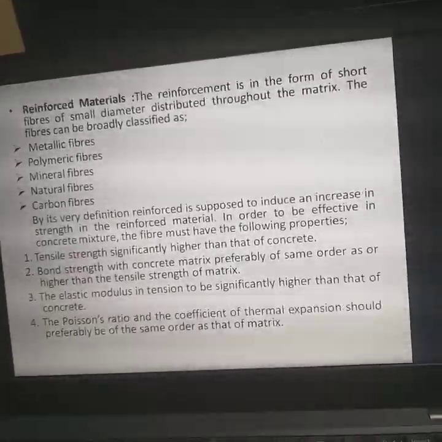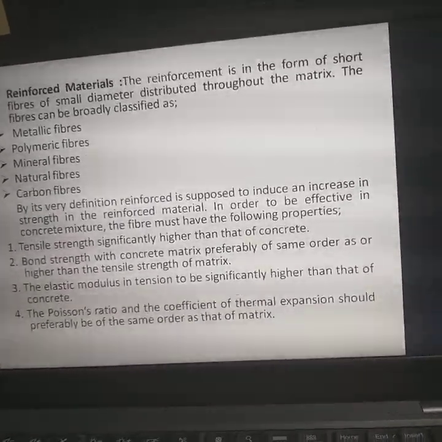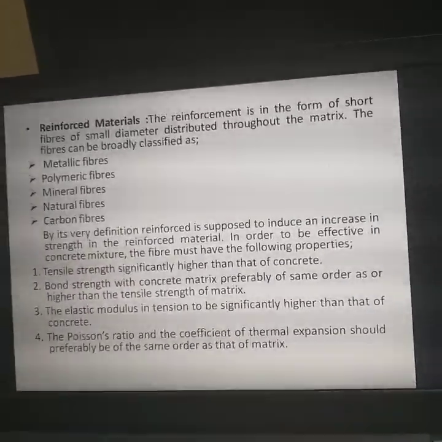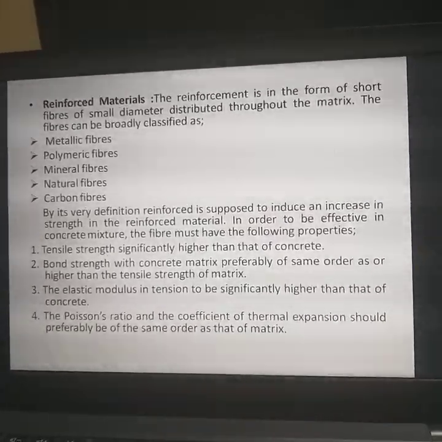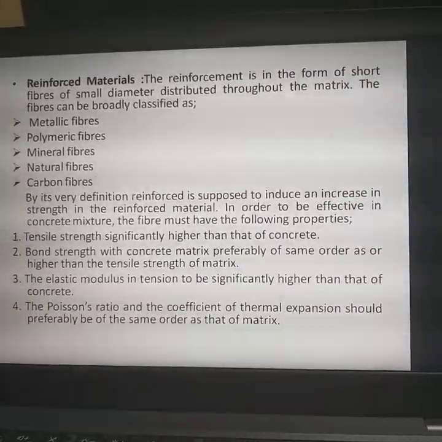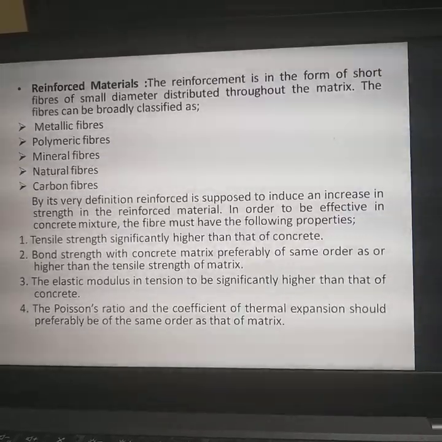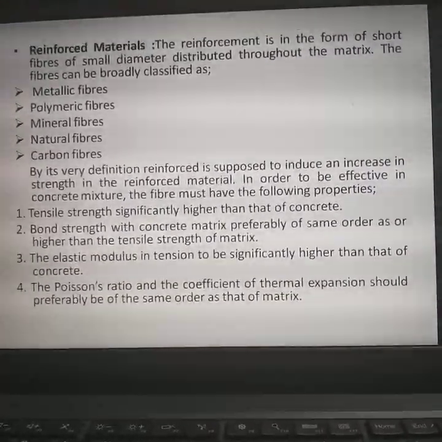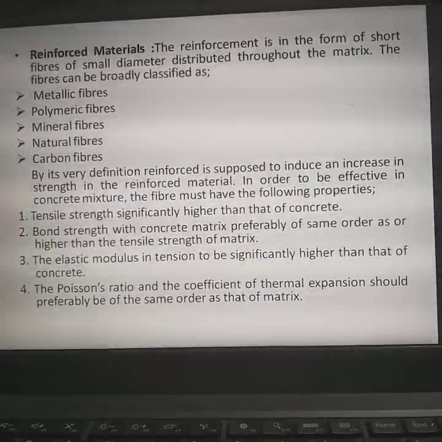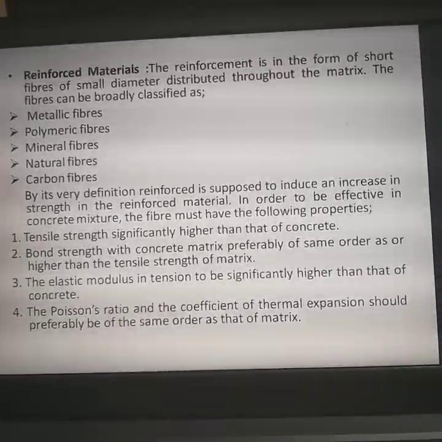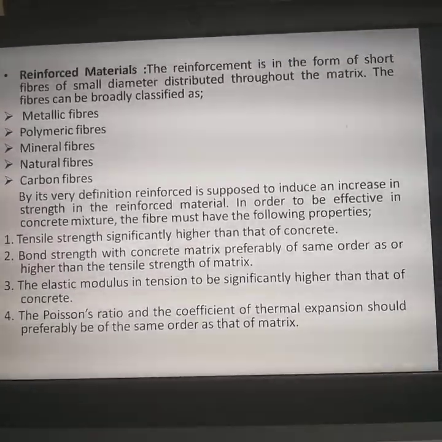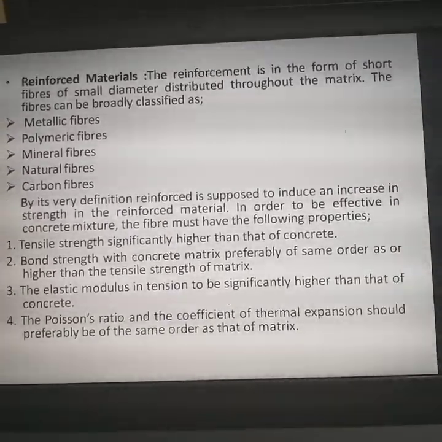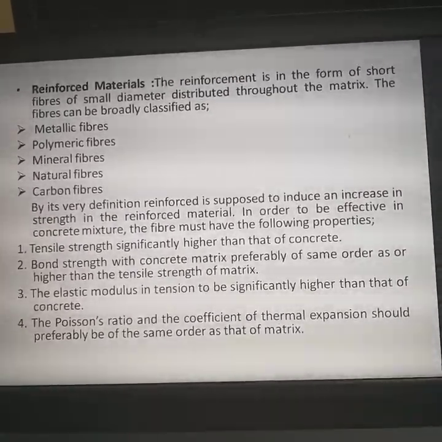As I have told you, the diameter of the fibers must be a maximum of 1 mm, and the length must be a maximum of 60 mm. The ratio of its length to the diameter is generally referred to as the aspect ratio, and you have to check the aspect ratio very carefully, with a maximum ratio of 80.